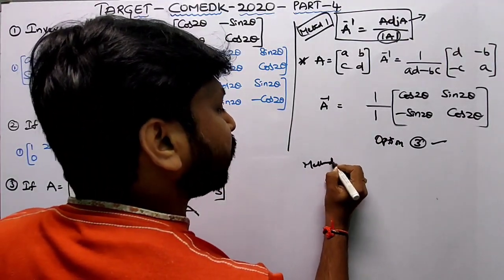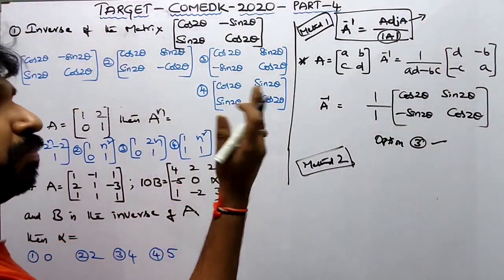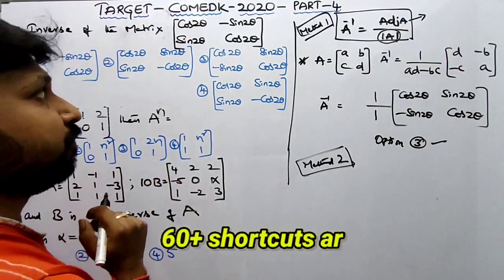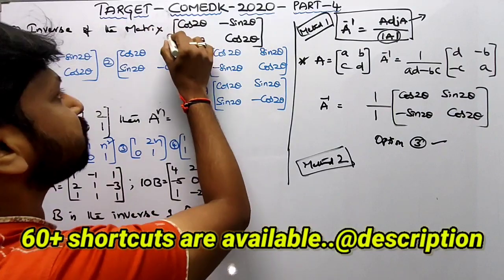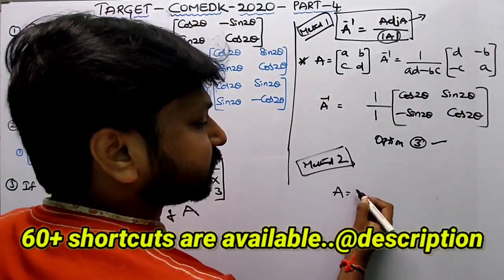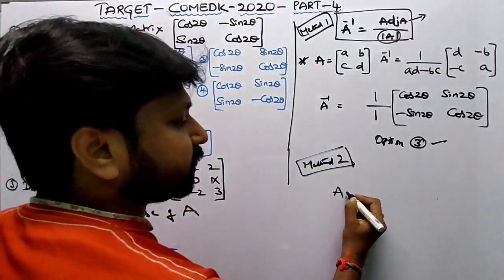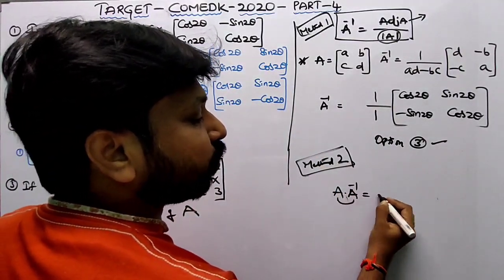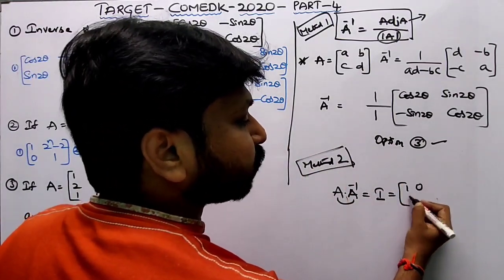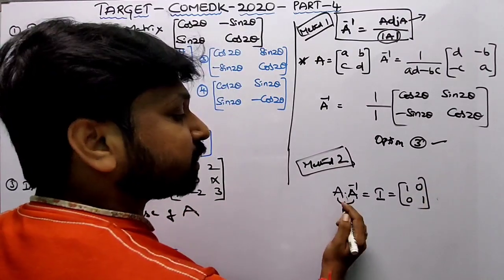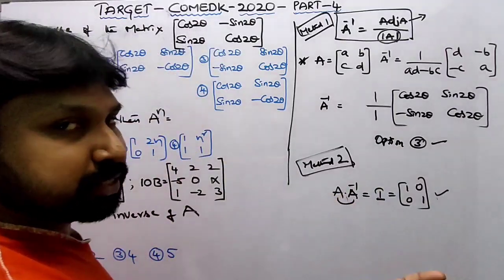So, Method 2. For example, if a 3 by 3 matrix is given, how do we evaluate it? I want to explain now. Look carefully, friends, it is very simple; just concentrate properly. They are asking for the inverse of this matrix, let it be called A. The answer is A inverse, so if you multiply A and A inverse, you get the identity matrix. For a 2 by 2 matrix that means [1, 0; 0, 1]. So whichever option gives the identity matrix when multiplied with this matrix is the correct answer.